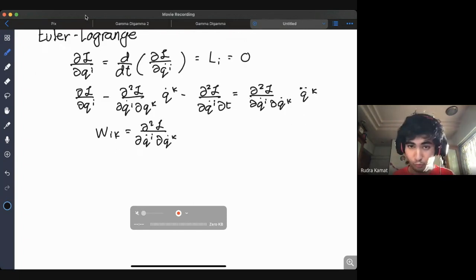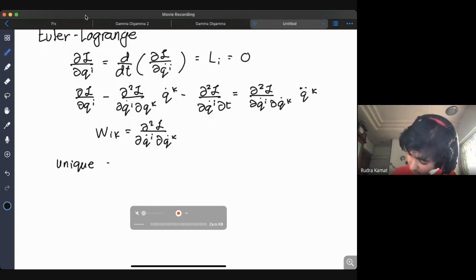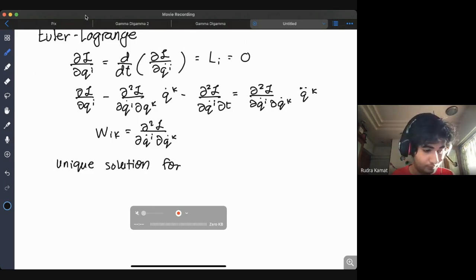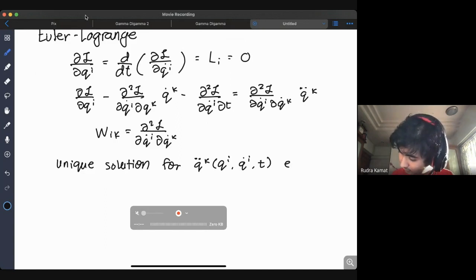Okay, so what do we do after this? We'll see that the unique solution for the acceleration, which is Qk double dot, as a function of Qi, Qi dot and time, exists if and only if this thing, which is the Wik, the Hessian,